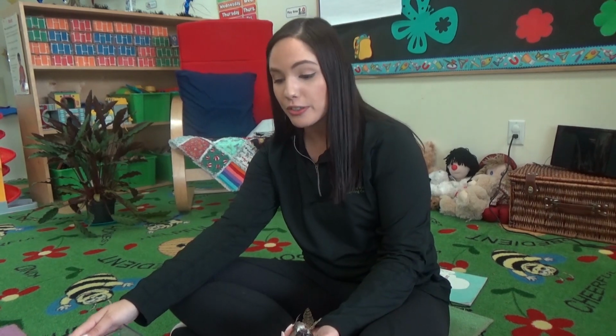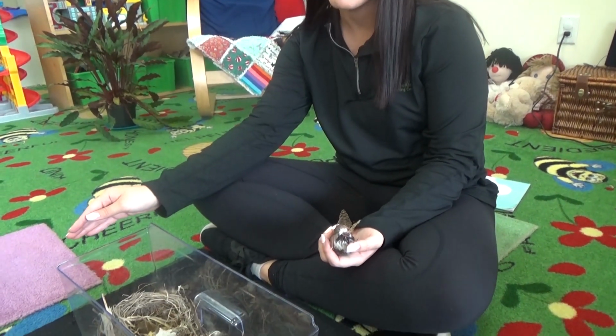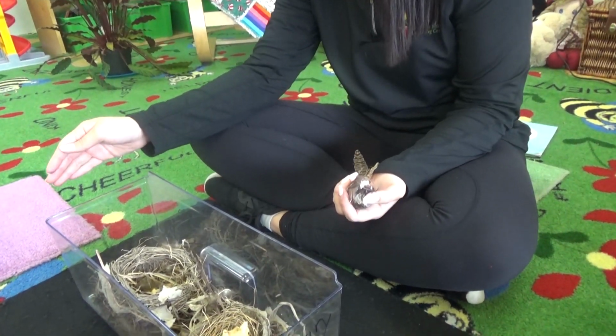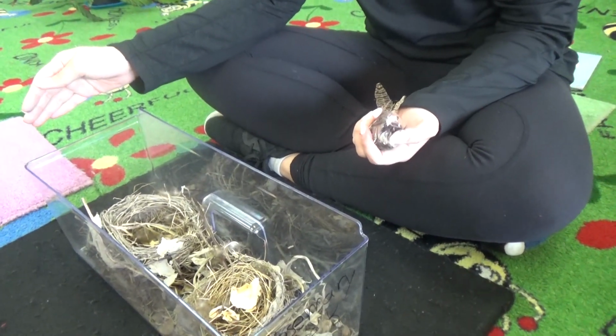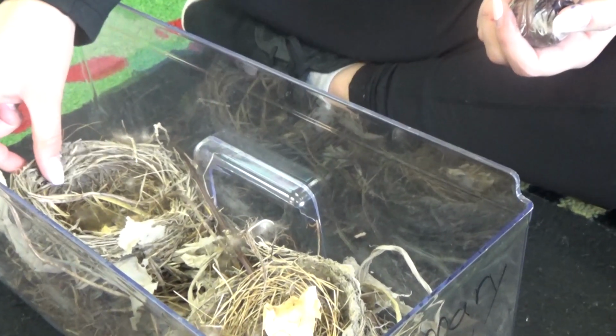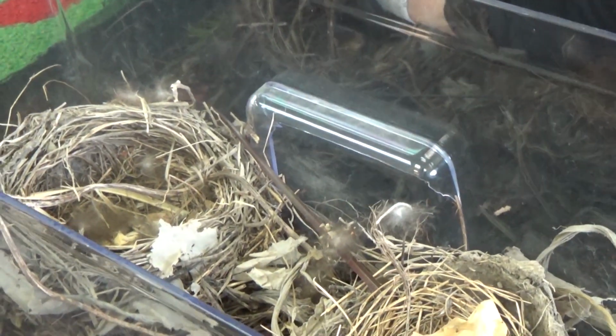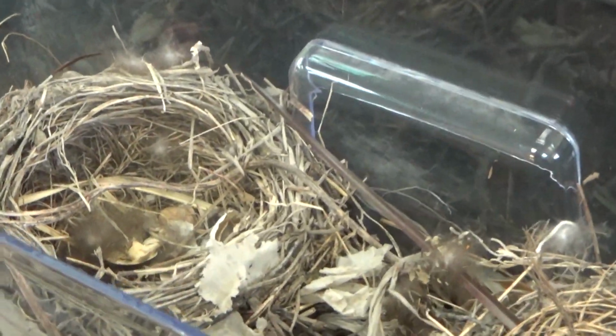So what I have here today for you to see is 2 bird nests, and they're real. They're from our community, and we took them out of a tree after the birds had left. So what you'll see if you look in here is that these nests are very fragile, but they're well made. The birds have actually collected things from around the community, so you'll see things like plastic and tree branches and even some bright doodads in the bottom there that they thought would help to make their nest a safe place